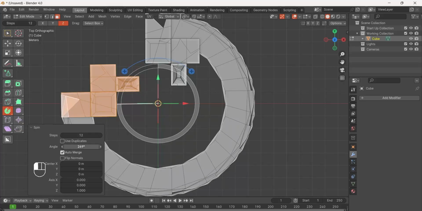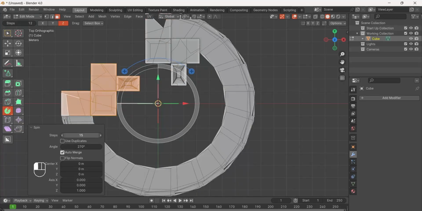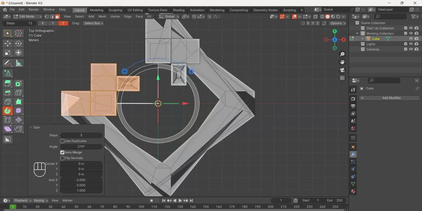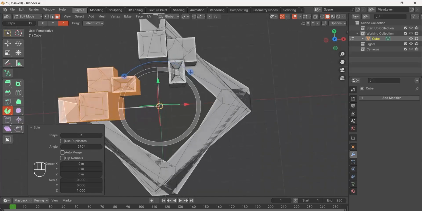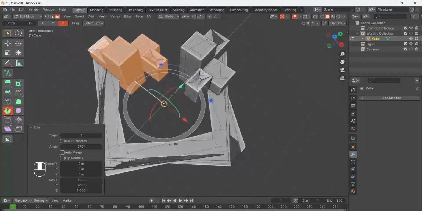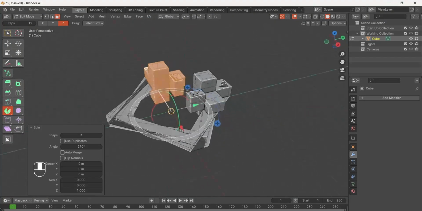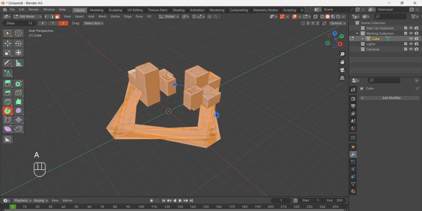So we will be having, for example, 3 objects, and it should not be merged. And that happens because we have a messed up model, and we will delete it,